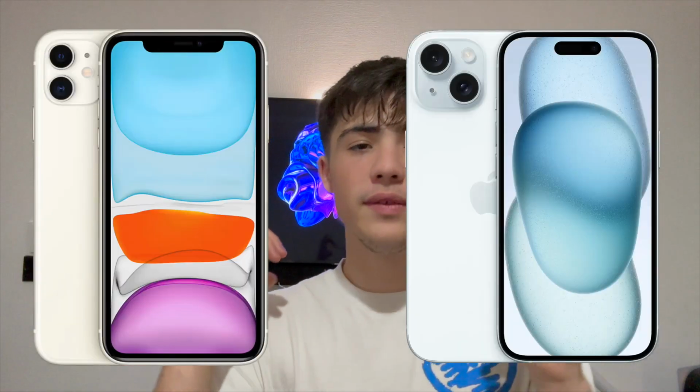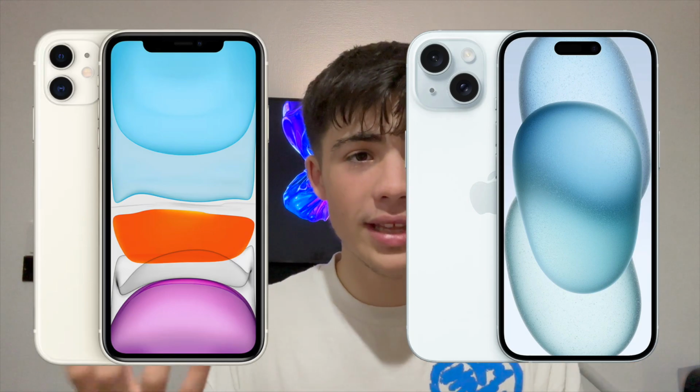the slight differences. Whereas if we look at the iPhone 11's bezels and the iPhone 15's bezels, someone like that is going to notice the differences because of the thickness of the bezels, the notch, and it's just honestly a way nicer phone. Now this is the thing, the regular consumers that are going to be getting these iPhone 15s